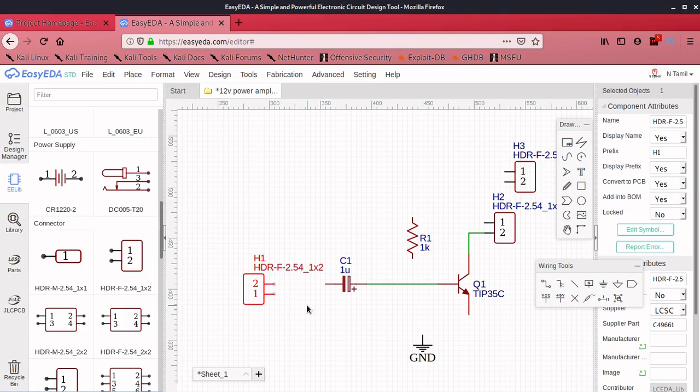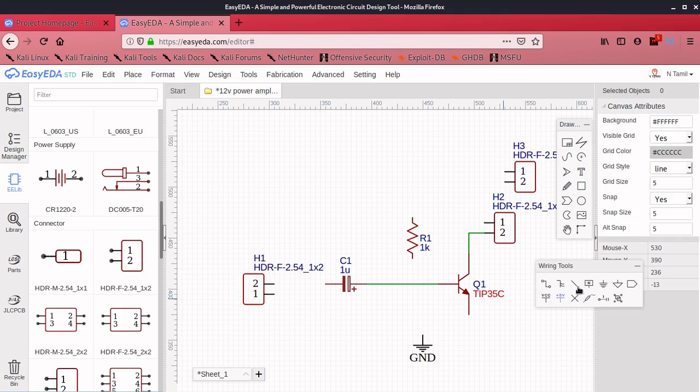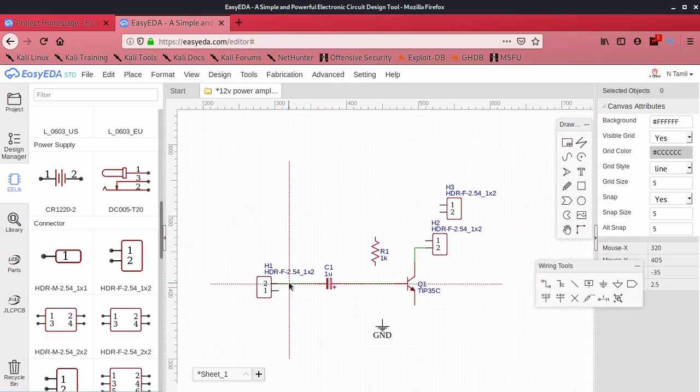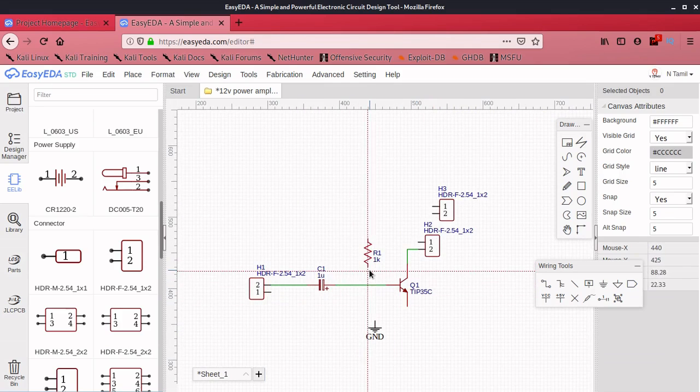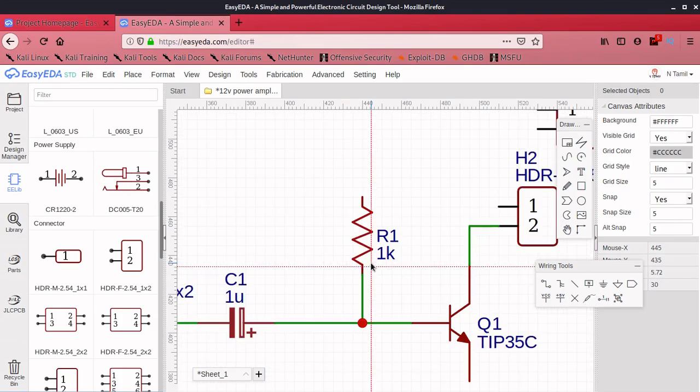After that you want to connect with wire. So finally you want to connect a resistance with T3 phase C and the capacitor in between.